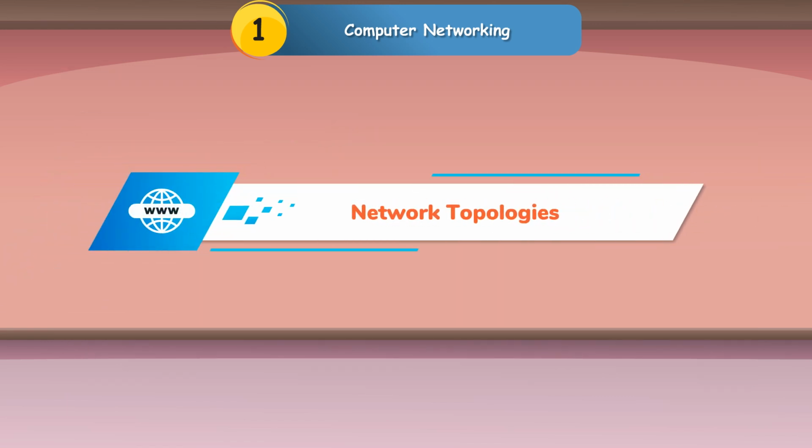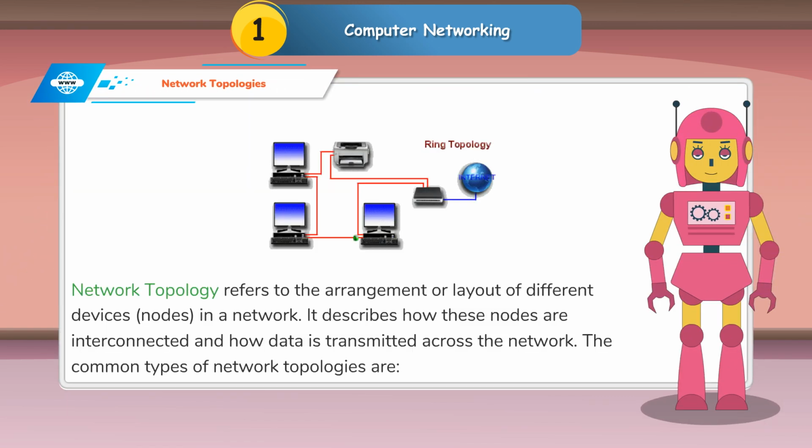Network topologies. Network topology refers to the arrangement or layout of different devices, nodes, in a network. It describes how these nodes are interconnected and how data is transmitted across the network. The common types of network topologies are